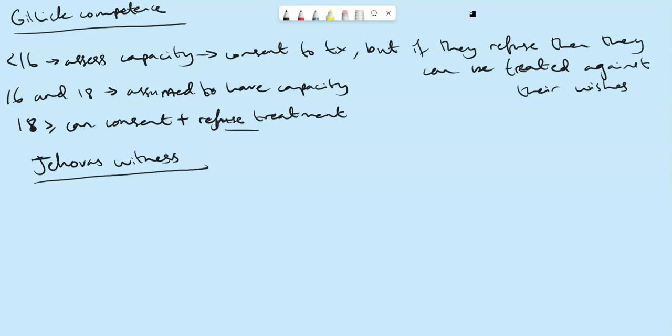The same rules apply as you would normally for Gillick competence. So if they're under the age of 18 and let's say they refuse and they have capacity,